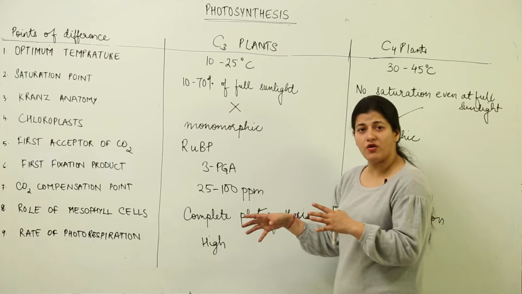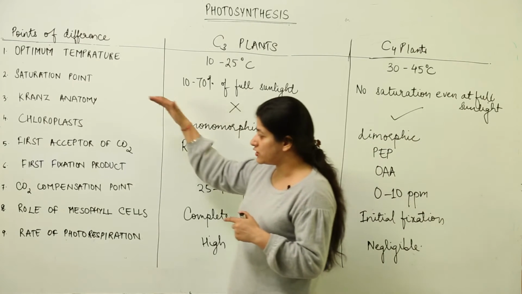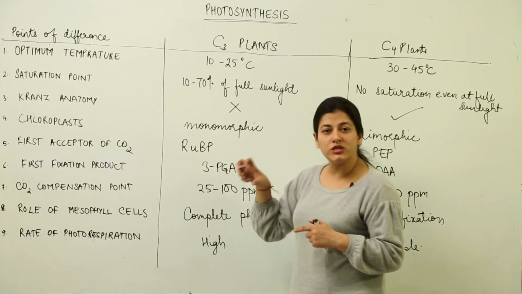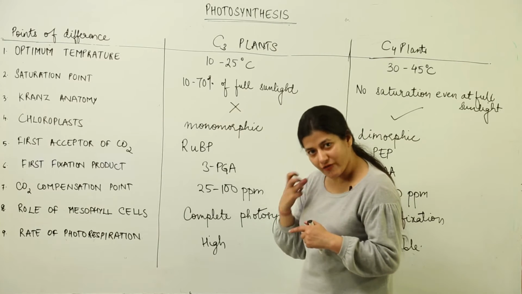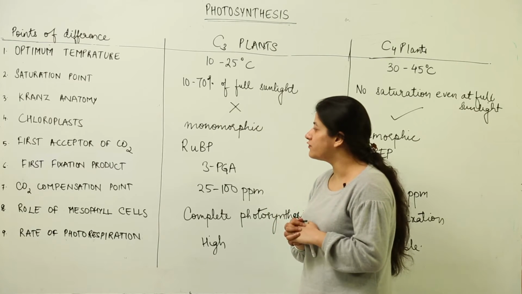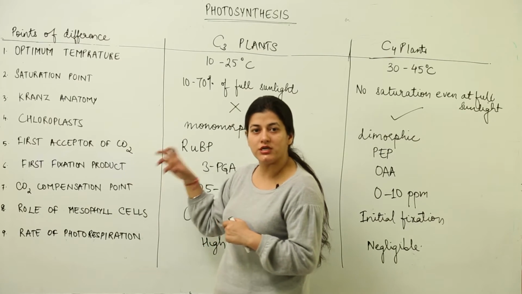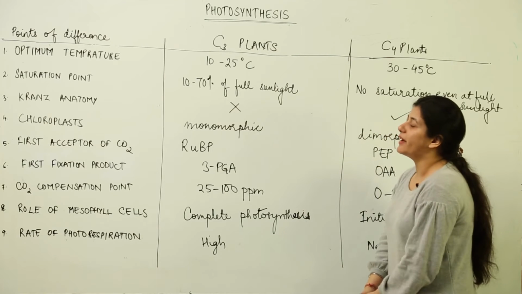You are aware of all these things, what is the difference, except for the role of the saturation point and the compensation point. For now, just keep in mind what is the point of difference. The next lessons would introduce you to the role of factors and how they affect the rate of photosynthesis. So these two, saturation point and compensation point, could be understood from the subsequent lessons. For now, let us take the comparative account.